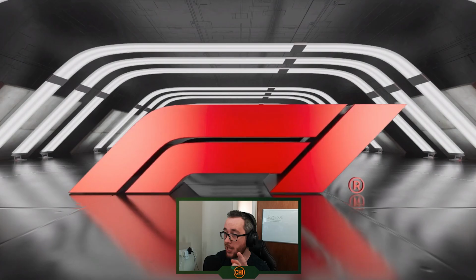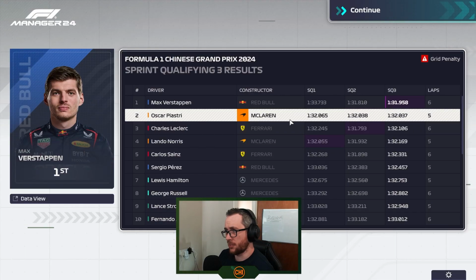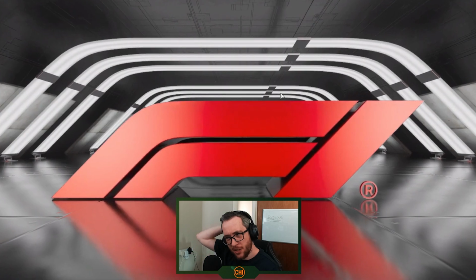Verstappen has come to party at last. That was a lot closer in the end. And Leclerc couldn't replicate his Q2 time there and ends up P3 on the grid. Oscar Piastri in second. I don't know if Mick's going to have a problem this sprint because...